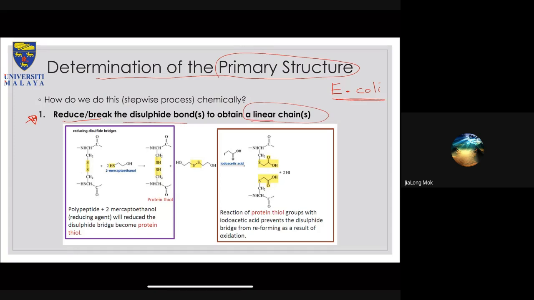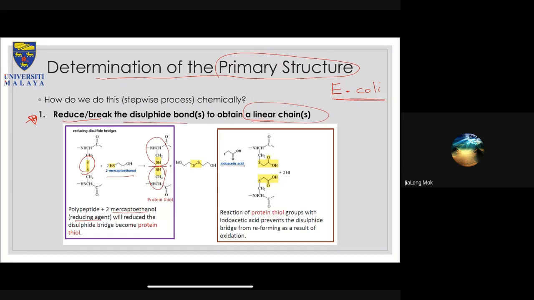basically that's an example of a disulfide bond. You use a reducing agent such as mercaptoethanol, and then you pretty much break the bond into two cysteines which are not connected to one another. What you do next, in the lab for example, is you put in mercaptoethanol, you stir it for a while, you know that the bond breaks, and then you just do an extraction or column chromatography and so on